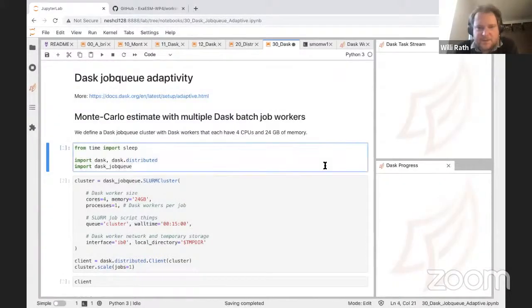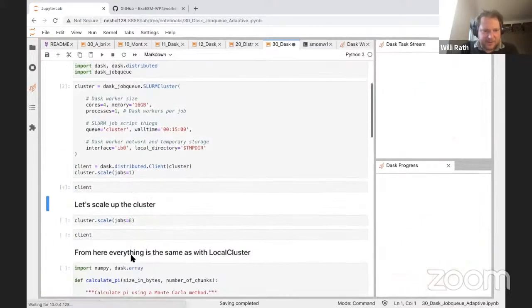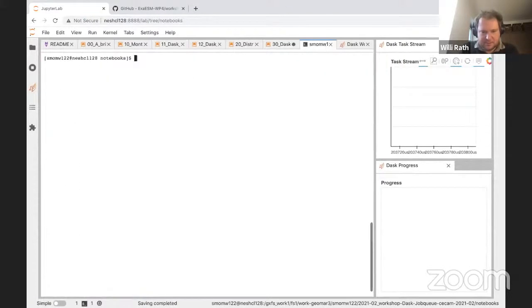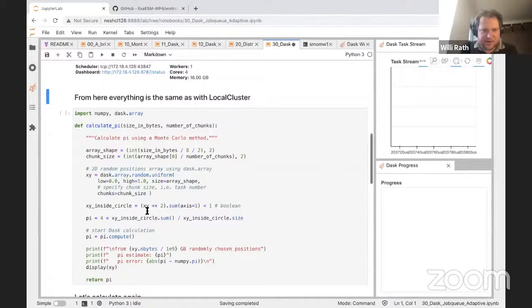Okay, so I think I showed this earlier in the Dask job queue example, but here I want to stress more the elasticity and the adaptivity of Dask. We'll again create some, let's make these a little smaller in order to make it easier to get more of these workers. We'll create a Dask cluster and request one job initially, which hopefully we'll get quickly. Yeah, there it is. Well, let's go for 8 jobs